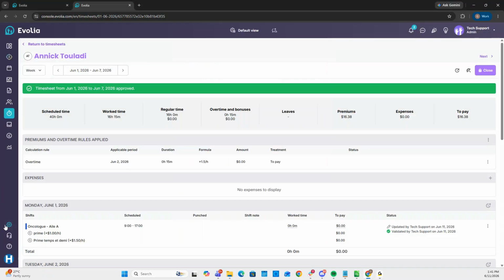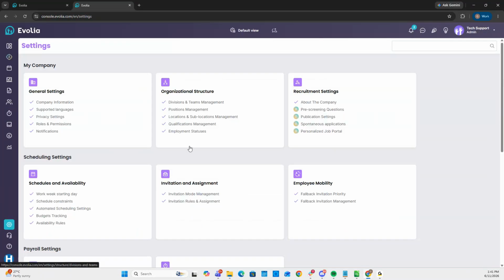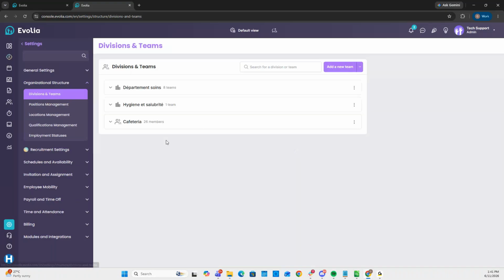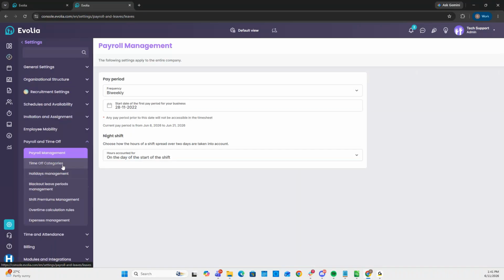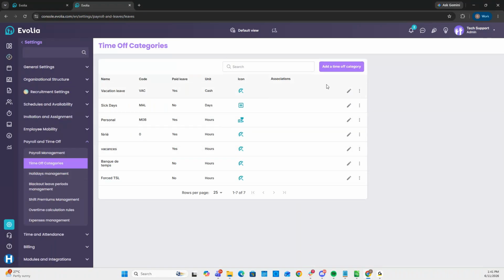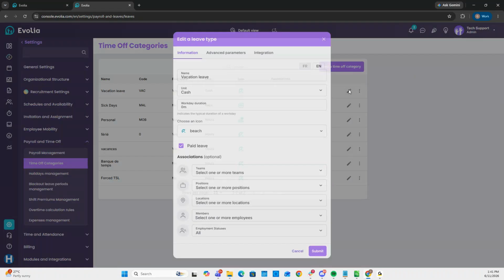It's a great question. Unfortunately, I have to leave. I know it was planned for an hour, but I have to leave in 4 minutes, so I'll go through this quickly. If you go into payroll and time off, and we go through time off categories, and then we take vacation leave, for example,